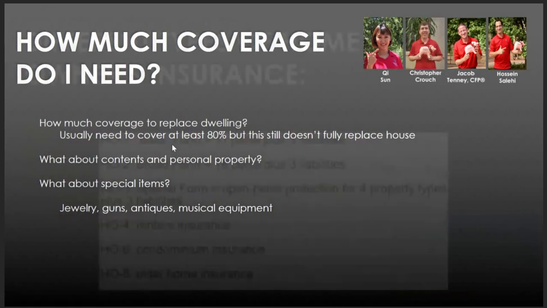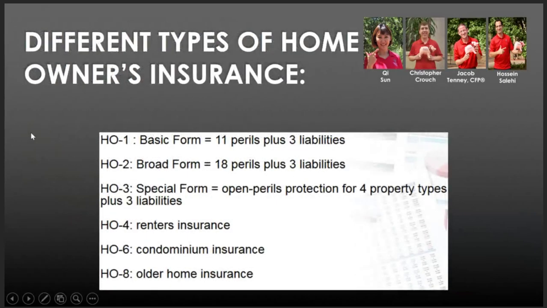How much coverage do you need? Okay, we're gonna jump to here because this is where you're more likely to be tested, on the different policies. So there's 18 named perils. I don't have those listed. They are listed in your lecture video. I think it's 7.2 or 3. Can't remember. One of the two. You don't honestly need to know all those 18 named perils, but those are the ones that would be covered under